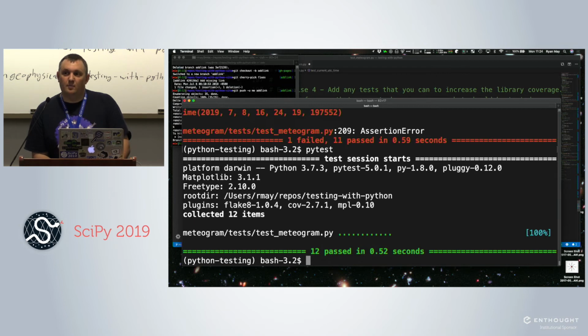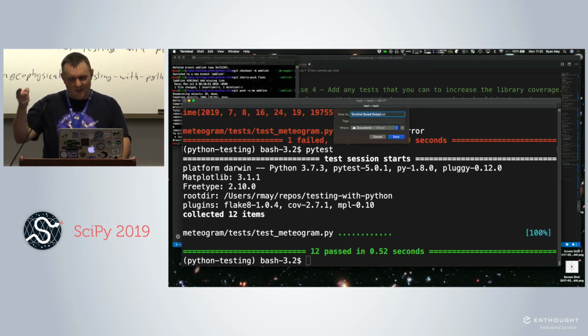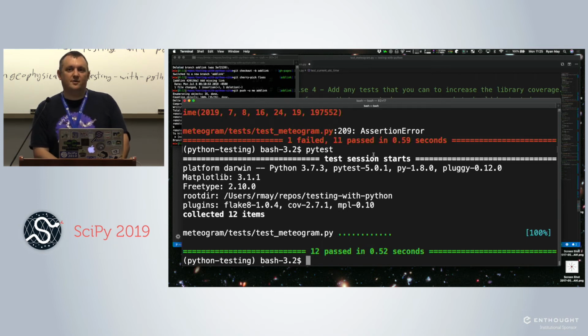Can anyone think of a problem with that approach? Running a computer from 1986? True, but not one I'm worried about. Yeah, so if it rolls over the microseconds while you're running your test suite, this test will fail. So this could be one of those annoying things of 1 in 10,000 runs, probably even less often than that, where you're going to have a random test failure. So it's not the greatest way to approach this. I can't come up with even a better way to test this.